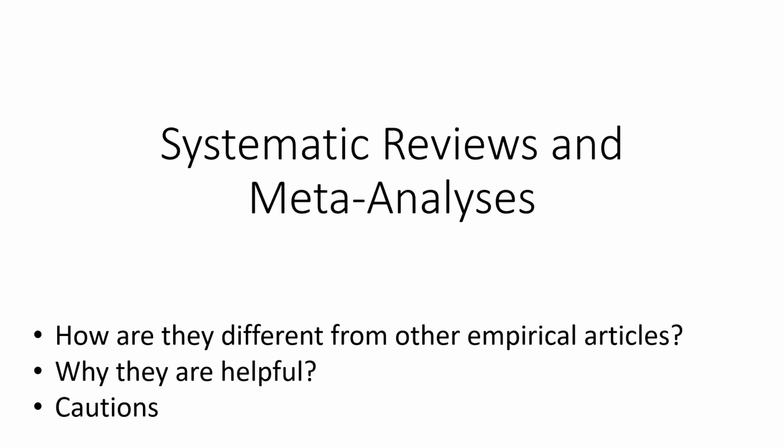When scientists start adding to knowledge about a topic, they typically publish articles reporting results of a single study or a few related studies. As you know, though, they're really interested in the accumulated knowledge. In other words, they want to know about the bigger picture created by multiple related studies. Systematic reviews and meta-analysis are both types of articles that provide the bigger picture by combining information from multiple studies